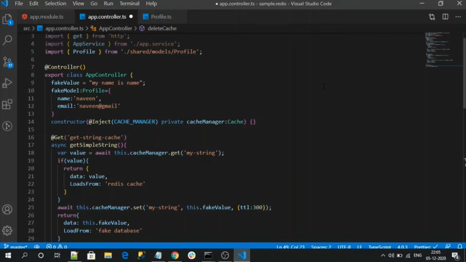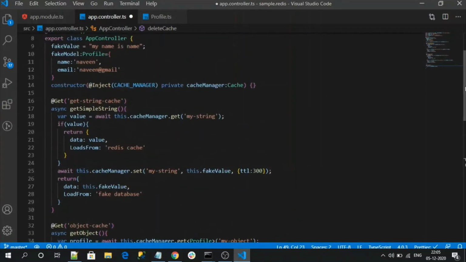Please note that it's enabled only for GET, because we don't need cache for POST, PUT and DELETE, right? So it automatically enables the response cache for all GET endpoints when we decorate our cache interceptor on top of the controller, right?